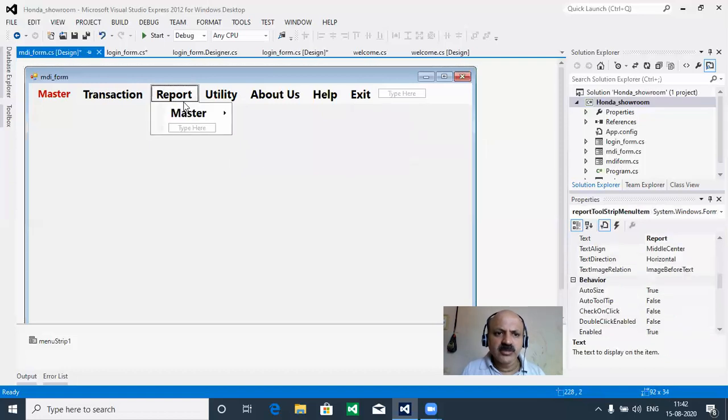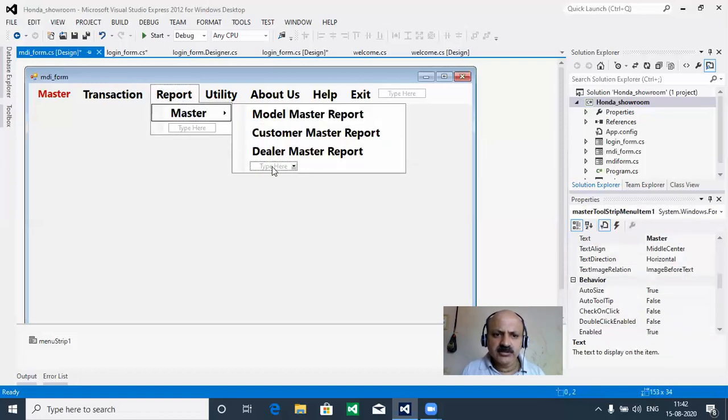So now you can understand very well. Yes, now we can give employee master report, and last we can say service master report. Okay. So I think it is ready.